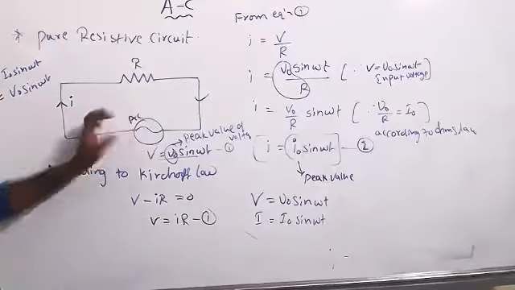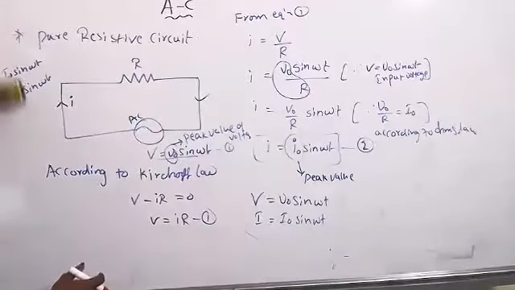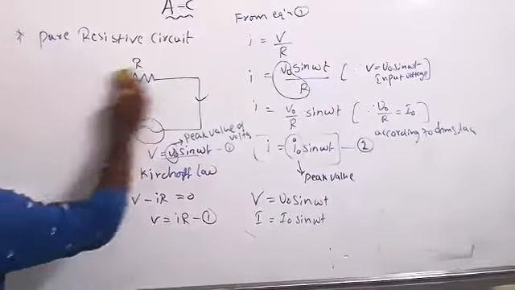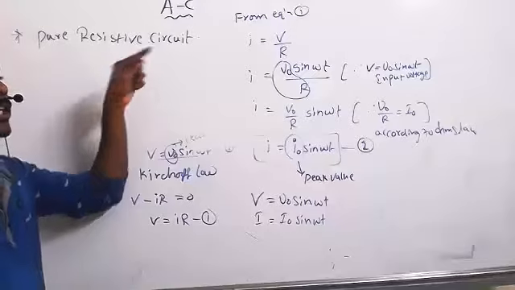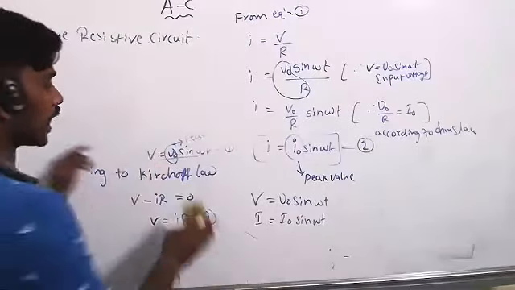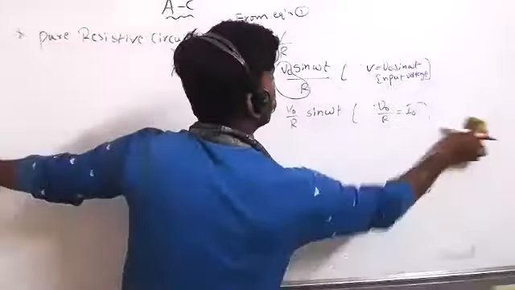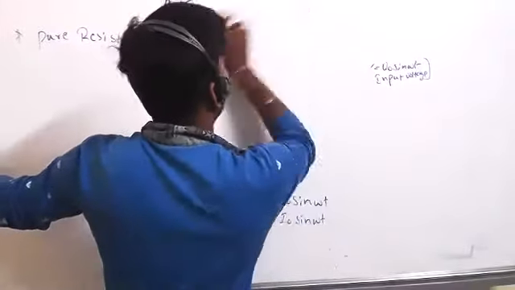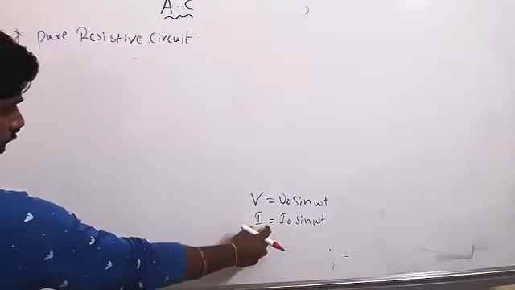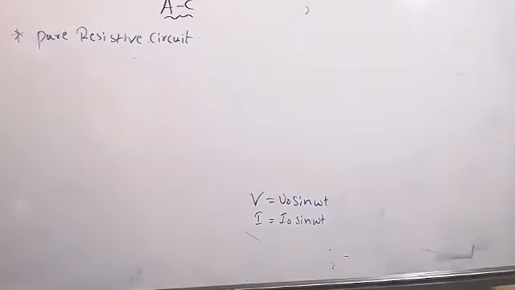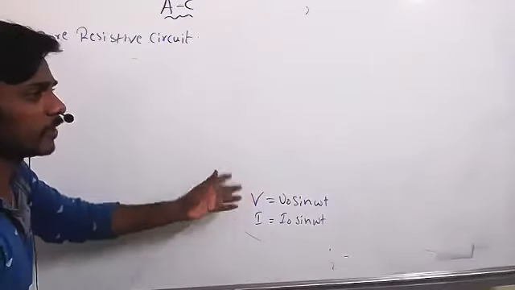Now, how much input we have given and how much output we got, everything is okay. Now let's see what I'm going to calculate. First step: when you have given voltage, how much current will you get. That is the first step. See the second step. The input voltage is this much, and the current I got is I equal to I naught sine omega t. Now I'm going to calculate the phase difference between these two.